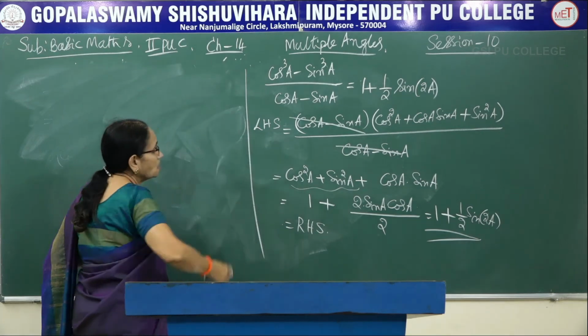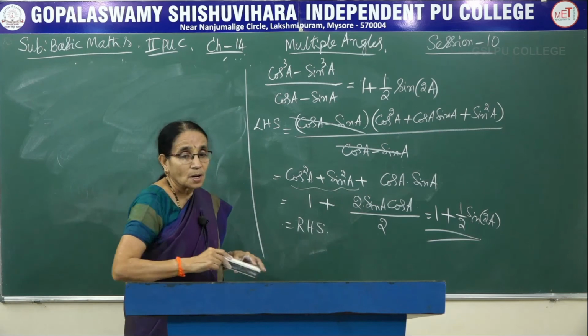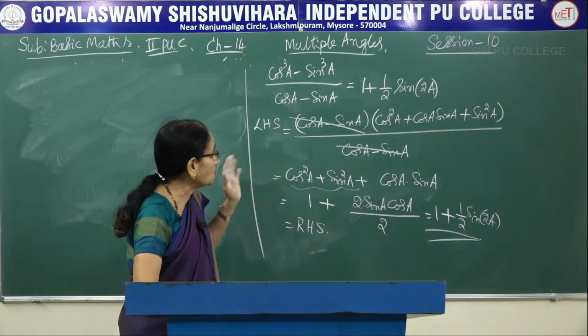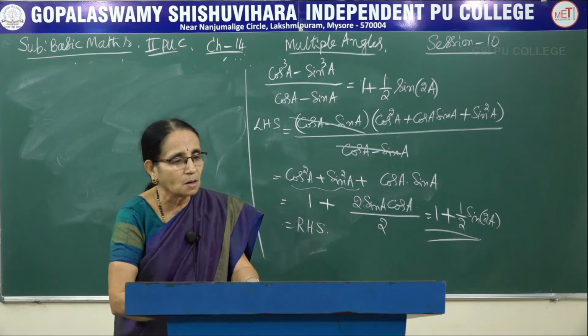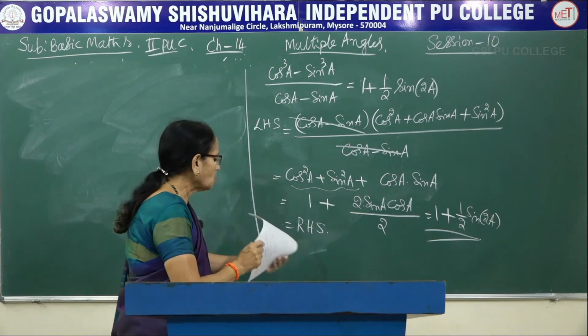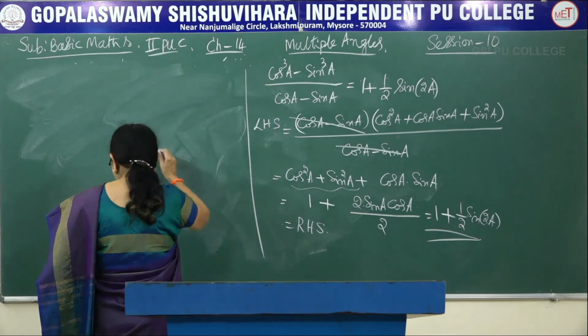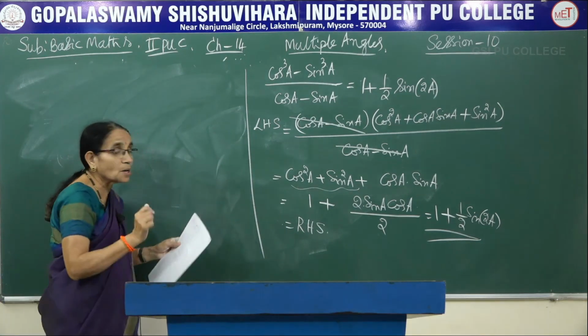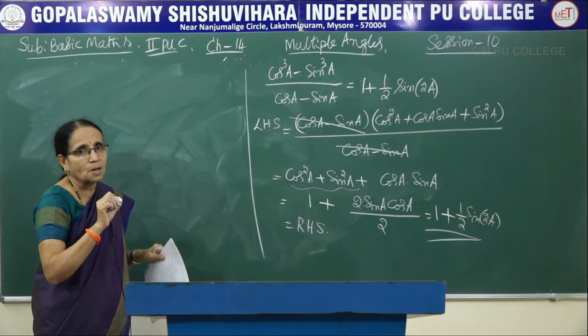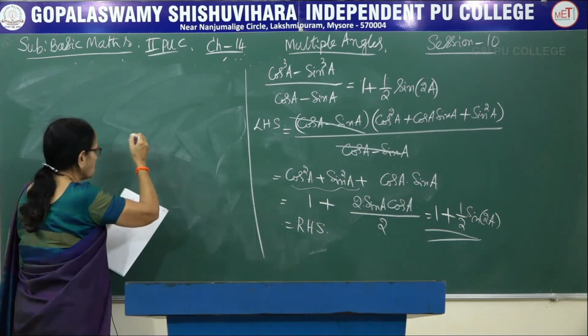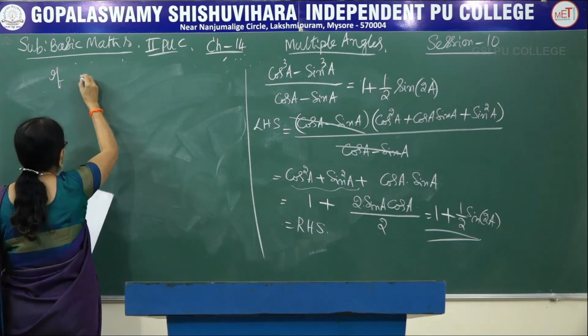So this is how we get it. We have to remember all the algebraic formulas which we need here to solve the problems of trigonometry also. Now let me move on to the next problem. Here one result is given, that is the data. You have to use that result to arrive at the required result. So some condition is given.